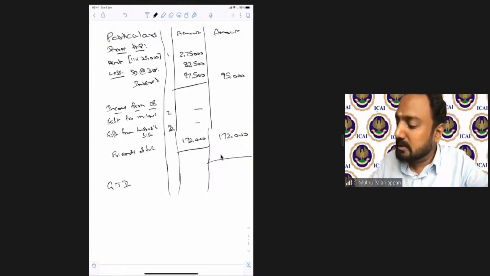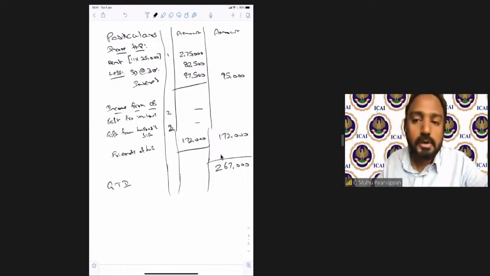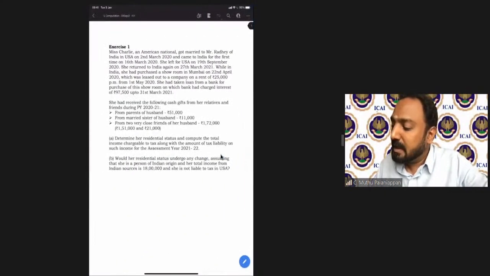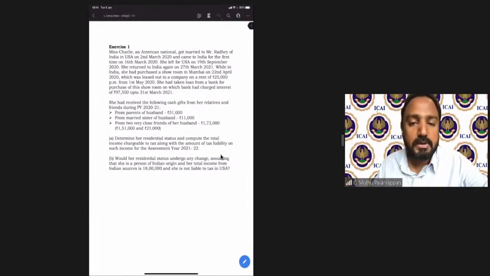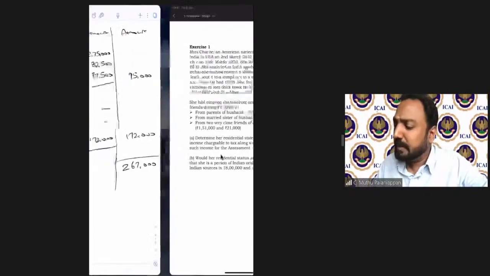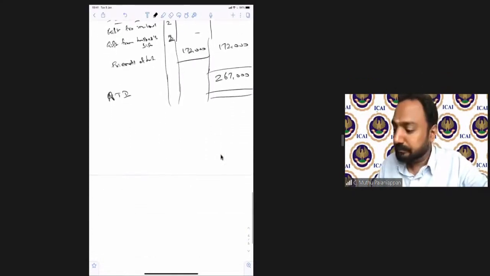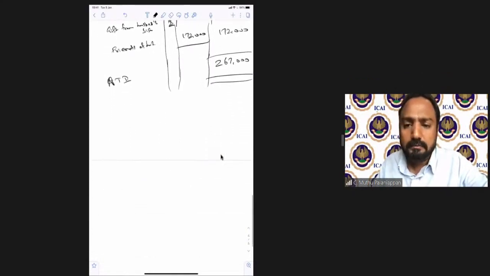As far as gross total income is concerned, 2,67,000 if I'm right. So 2,67,000 is your gross total income. We need to see, is there any other deduction under Chapter VI-A or something of that kind? No, nothing has been specified related to that kind. So we can straight away take this 2,67,000 as your net total income also. So this is also your net total income. That is your 2,67,000 is your net total income. On this net total income,